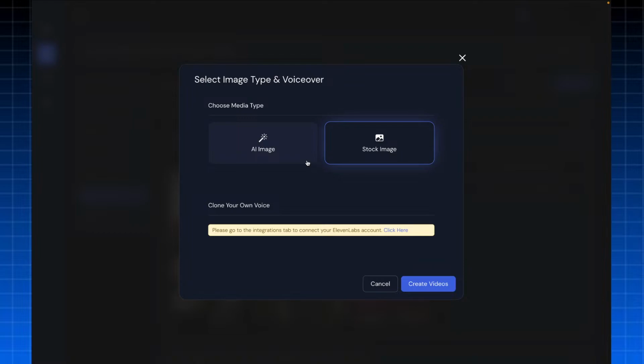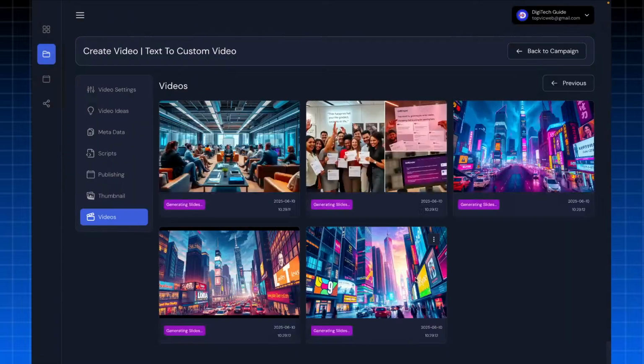So we can either choose the media type as AI images, which will be the AI images created from this panel, or we can use stock images. In this case, we are not going to use our own voice. So just go ahead and create the videos. We can see that the videos are being created. While that is happening,